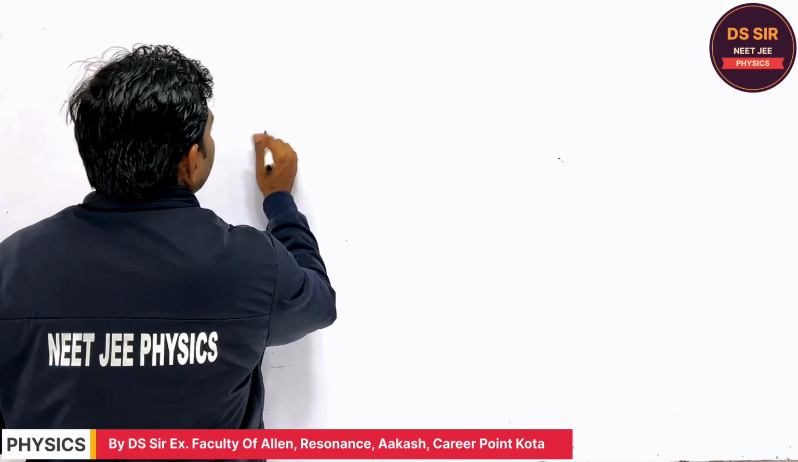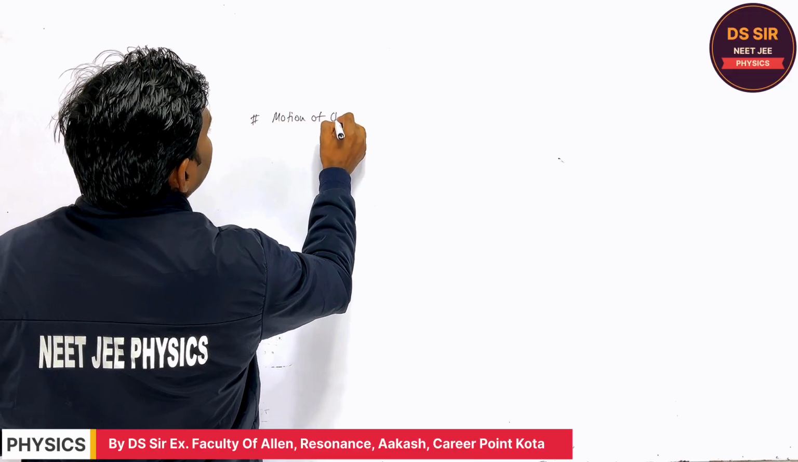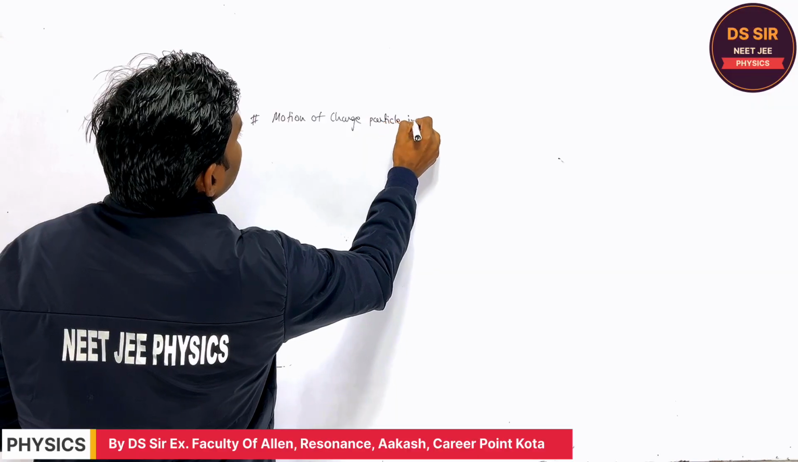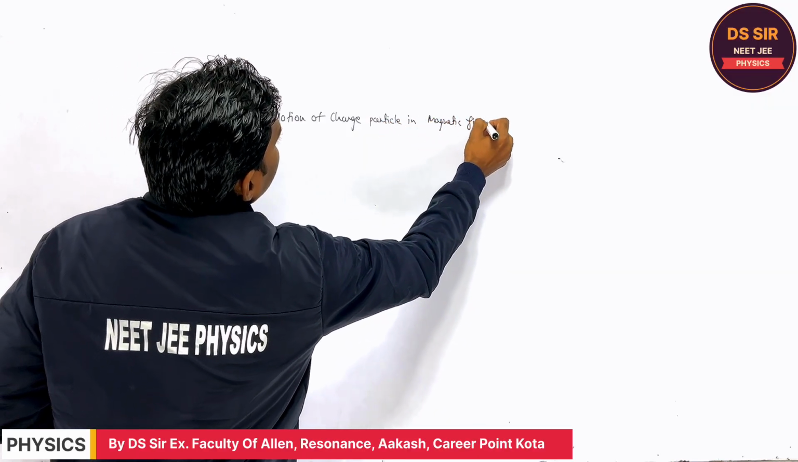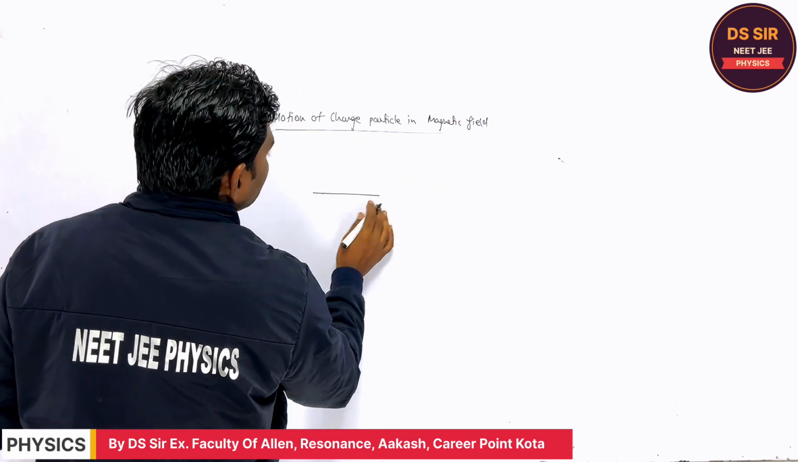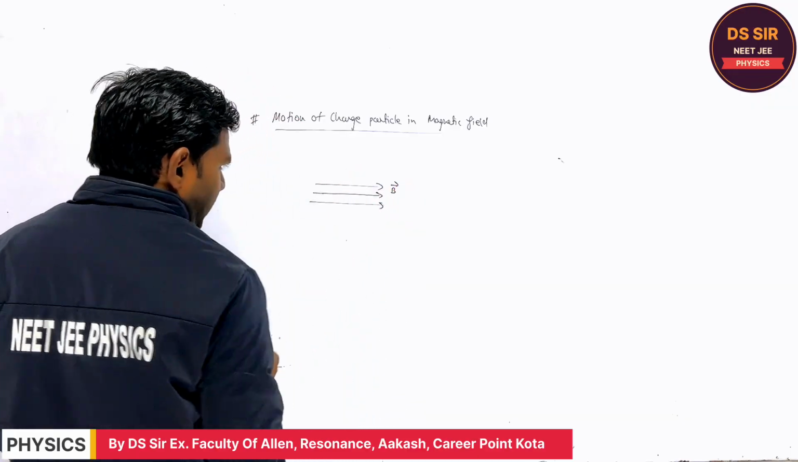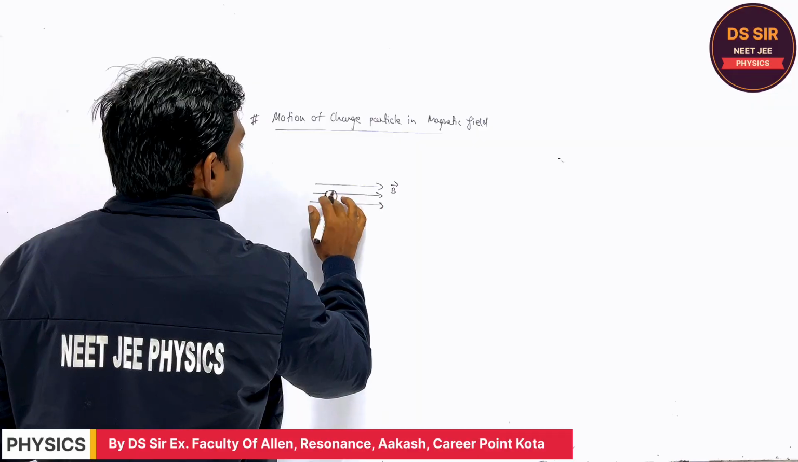So in today's lecture, we are going to discuss the motion of a charged particle in a magnetic field. The heading is motion of charged particle in magnetic field. Suppose this is the magnetic field over here, the magnetic induction is B, and a charged particle, suppose this is plus Q, or any charged particle Q,